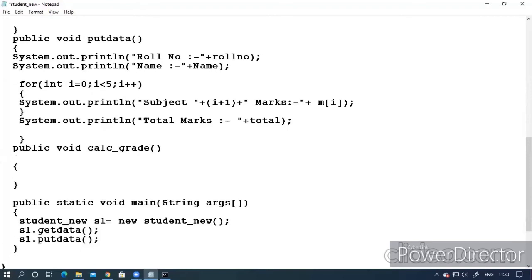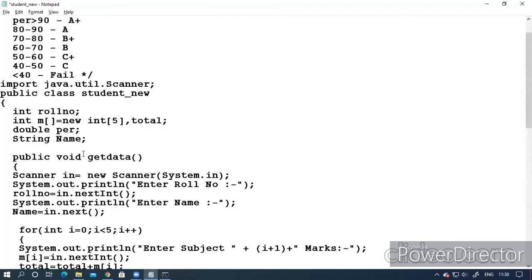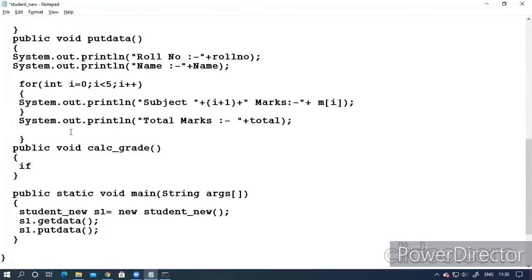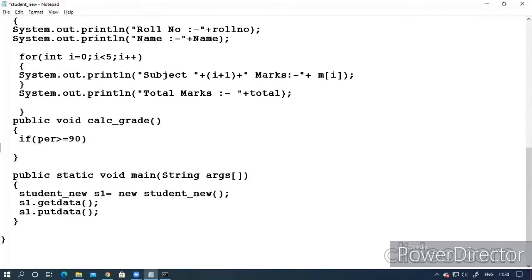Now the total will be calculated, percentage will be calculated, and now I have to check the percentage variable PER. If PER is greater than or equal to 90, then system.out.println grade.